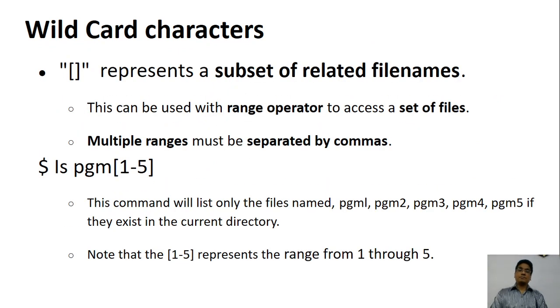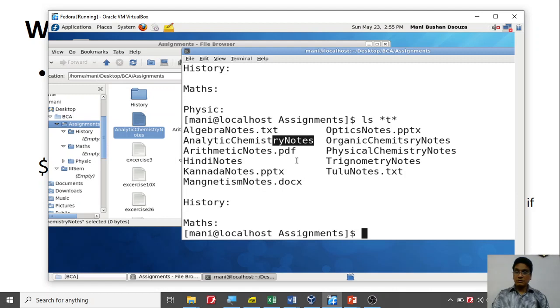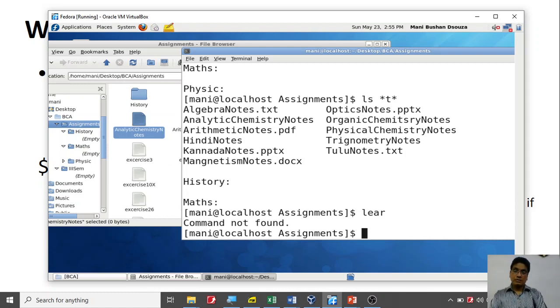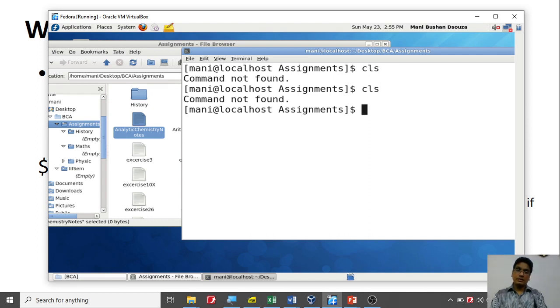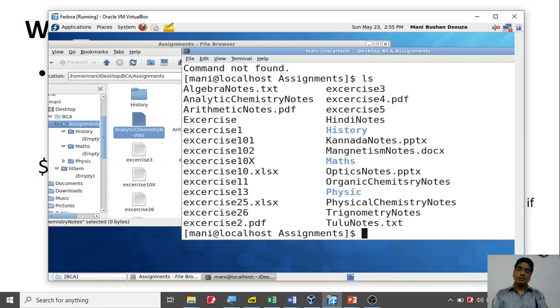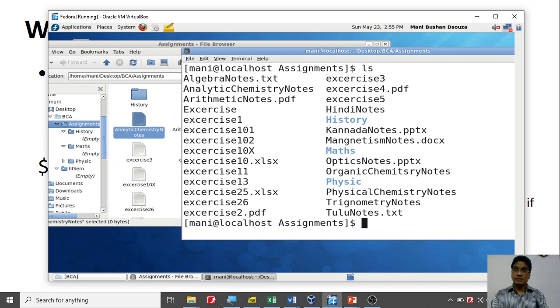Now let's look at the subset option. Subset means you can give a range. So all the files between this and this. So let's give it a range and let's find out. Okay, I want to know all the exercises between, say, let me clear it first. I think clear is the command, and ls c. Again C is coming there. Again C is coming. Okay, so let me clear it first and let me ls it. I don't know why that C came many times.